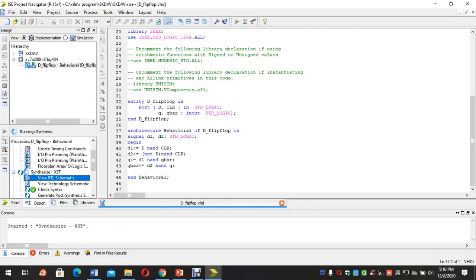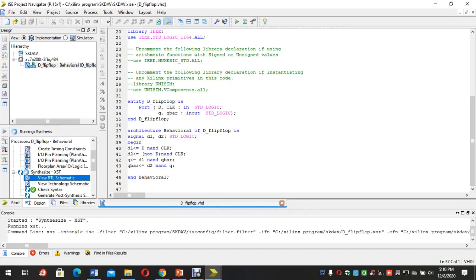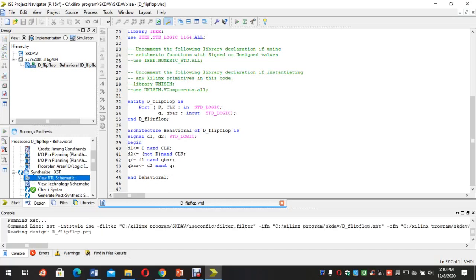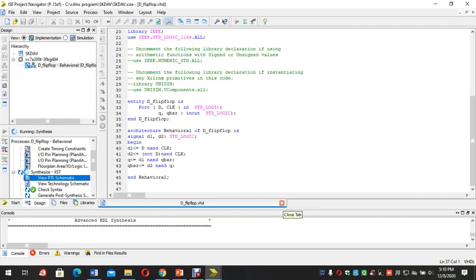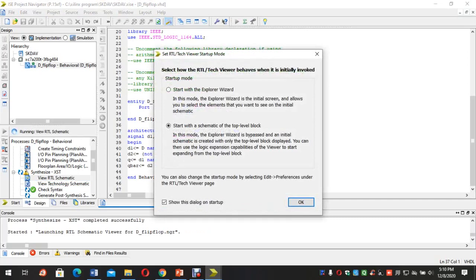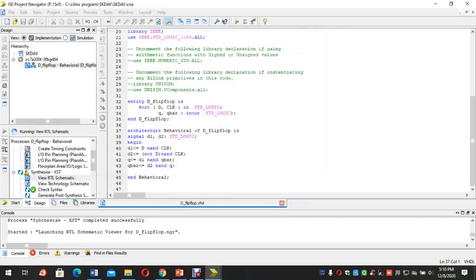Then view the RTL schematic. Then click on OK.